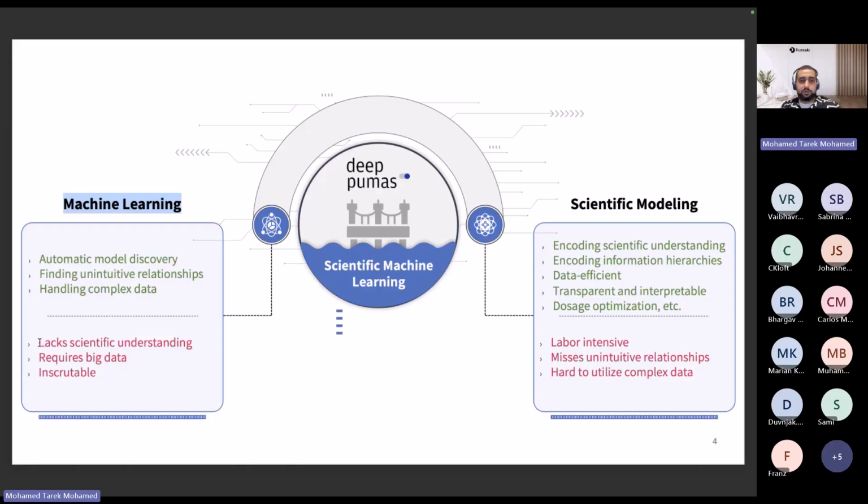Now, the disadvantage is that it lacks scientific understanding. I give you a neural network, it fits the data perfectly, but then how do we actually make sense of this? How do we explain it to a regulator? How do you explain it to a clinician in a simple way? And so often the scientific understanding happens after the fact, and maybe calling it scientific is a bit much, but trying to explain what the model is doing happens as a post-processing step. So you find the neural network, and then maybe you visualize it, you plot it,